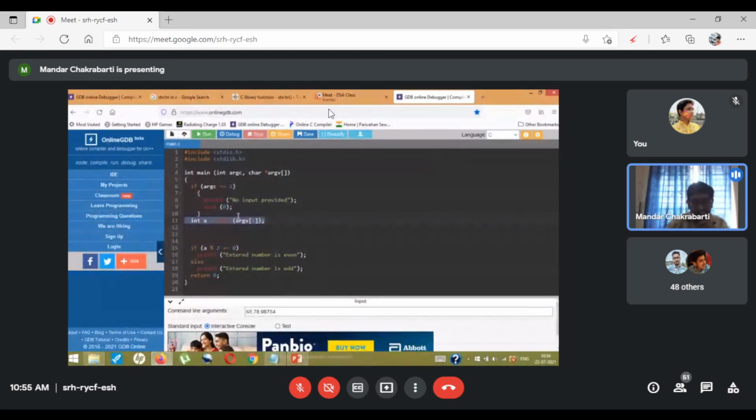It's going to work because the compiler is intelligent enough that it is going to take just this portion before the first comma. Whatever is provided before the first comma, it is going to take that and convert that into an integer. Because a comma is not a number, it's a special character, so it is going to ignore that and anything subsequent to the comma. It will take only what comes before the comma. So ultimately the value of a is only 65.